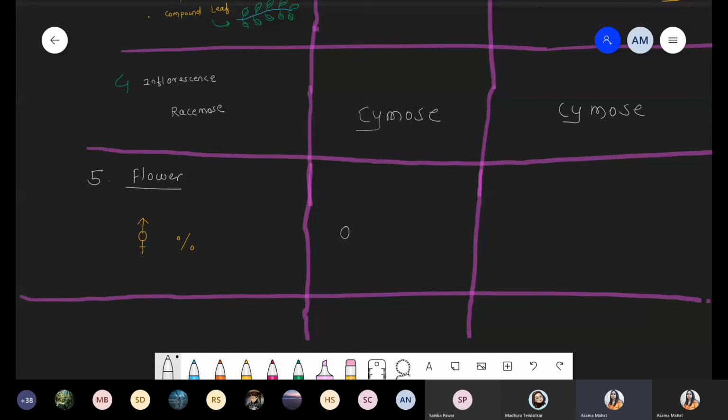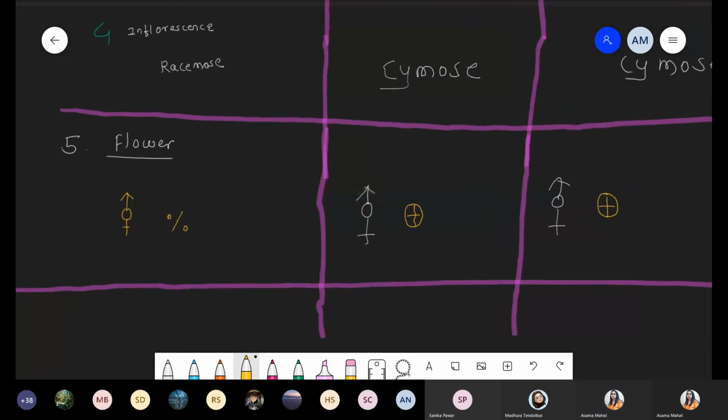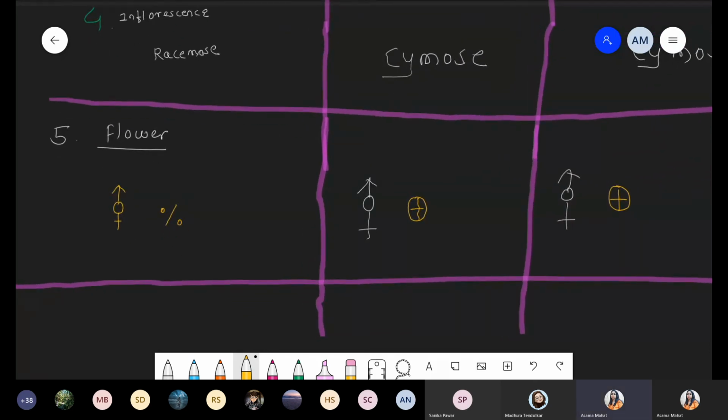While in case of Liliaceae family as well as potato family, the flowers are bisexual. In all three conditions it's very common, okay? Presence of bisexual flower, but only in case of Fabaceae there is a presence of zygomorphic flower, but the rest of the two have actinomorphic flowers. Bisexual, bisexual, bisexual, then zygomorphic, actinomorphic and actinomorphic flower. Got it?